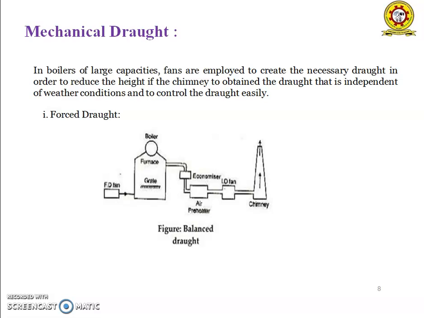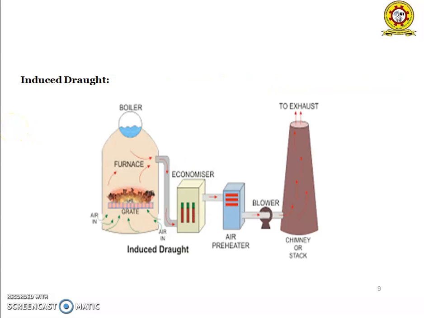In that, the first one is forced draught. So in forced mechanical draught, the draught is produced by a fan. In the forced draught, a blower or fan is installed near the base of the boiler to force the air through the coal bed and through the passages of the furnace, flues, air preheaters, economizer, etc. It is a positive draught.